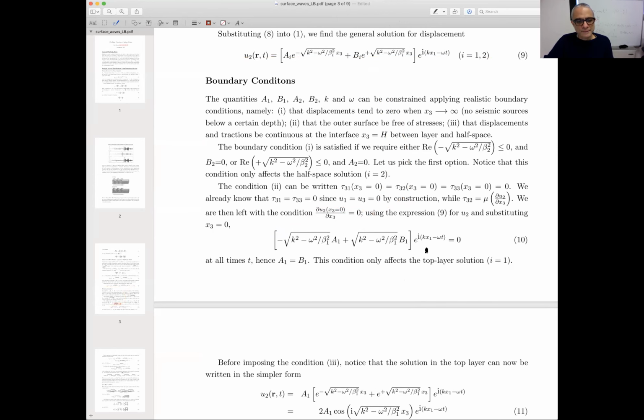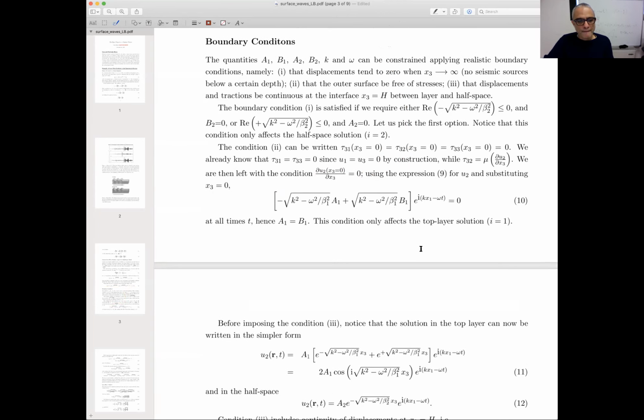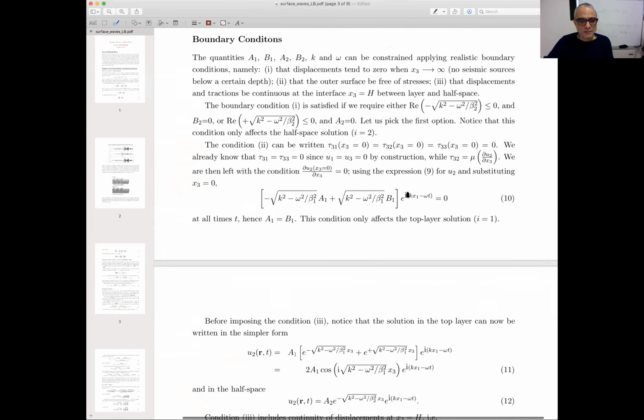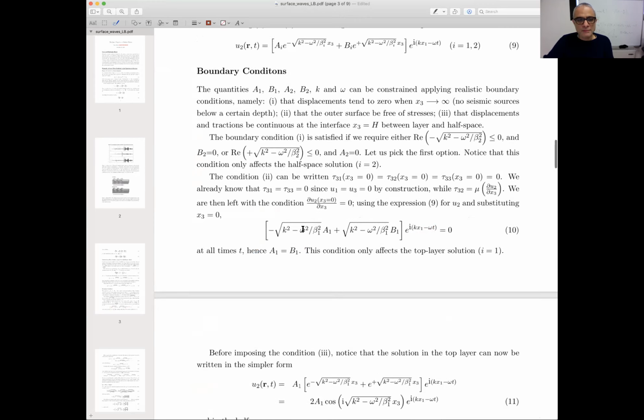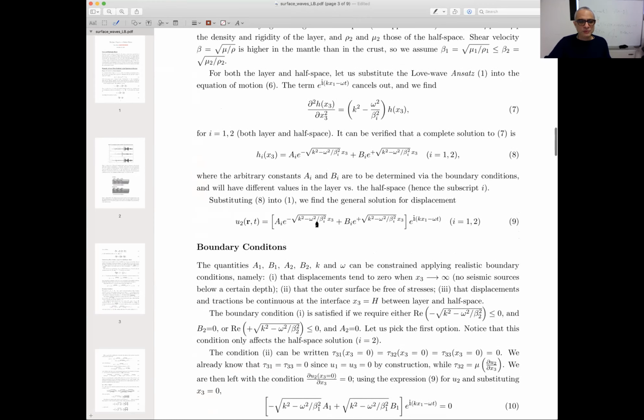Okay, so this has to hold at all times t and at all locations x1. So this can cancel out, and basically for this to be 0, we have to have that A1 equals B1. It probably would have helped if I had stressed a bit more that